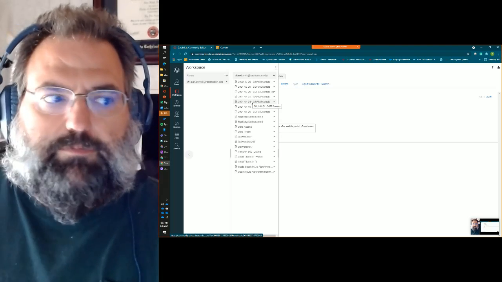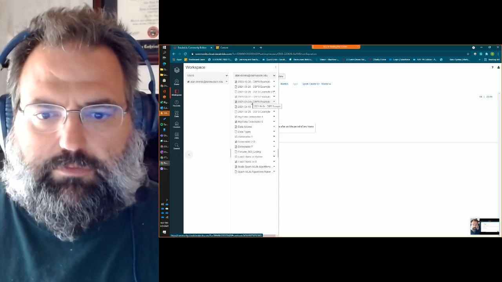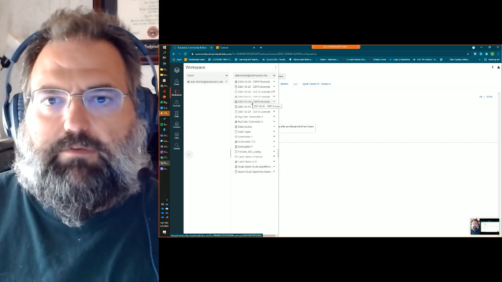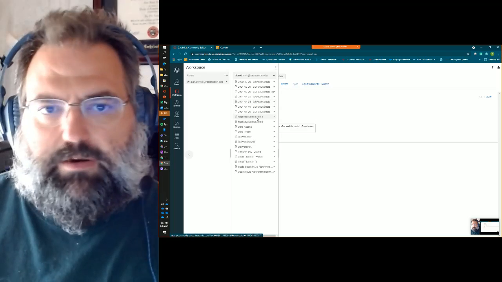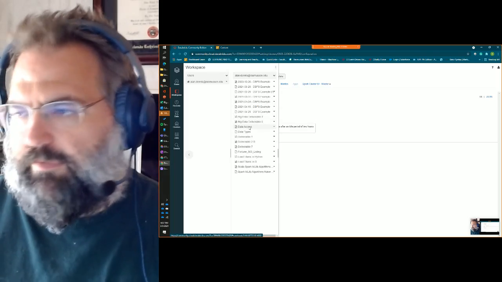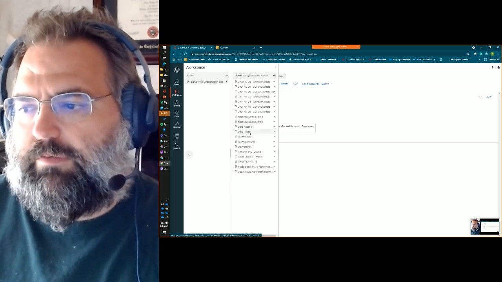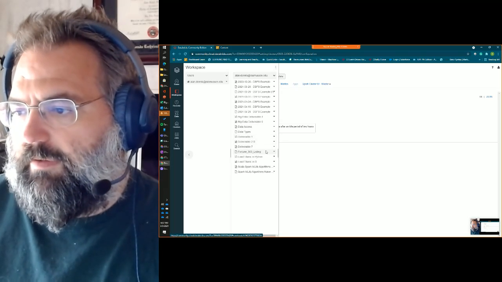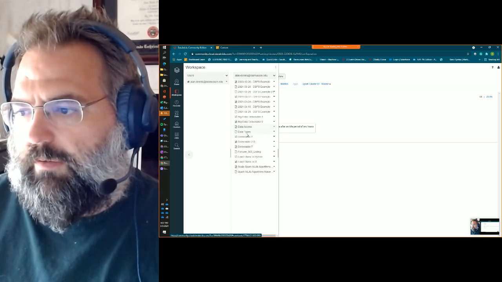That's a very simple one for this environment because it's basically just a single node, a single user situation. But it's a very different thing when you're dealing with a shared environment with lots of different people working. So you can control who can do what, who can create clusters, who can edit what notebooks, and so on. As a simple example, I created this